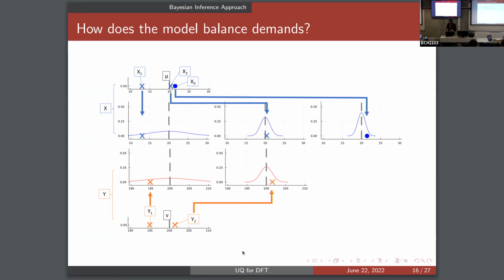each of the data points from DFT are still available to us, but we no longer have a reference value available to us. As in the X case, each of the predicted distributions are centered around a common value, in this case mu, and has a different variance for the distribution. These are not the same as the variance in the X case, but they're related by a constant. So if the variance for x1 is broader than the variance for x2, the variance for y1 will be broader than the variance